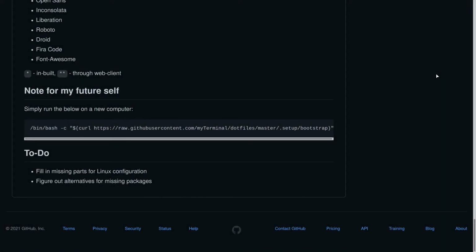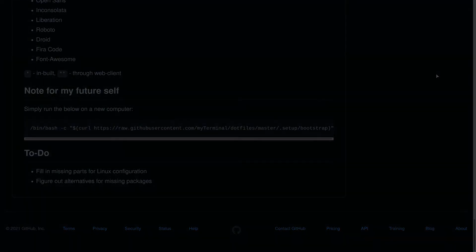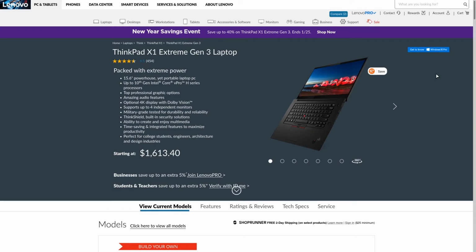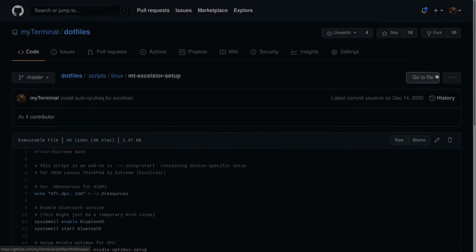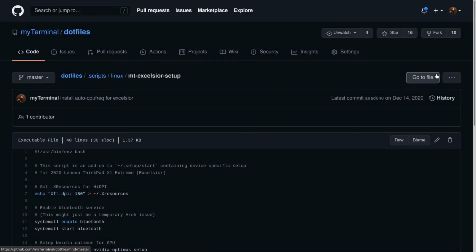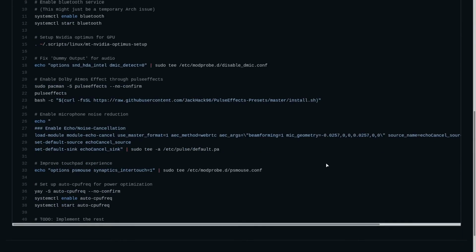If I run this setup on a generic computer, I can consider the setup complete at this point. However, there could be a few more steps to make sure my setup can utilize the hardware that I'm running it on. Speaking of specific hardware, a great example can be my new Lenovo ThinkPad X1 Extreme Gen 3. I have a reasonably lengthy script dedicated for this particular device, specific to an Arch install that takes care of the gaps for that particular hardware.